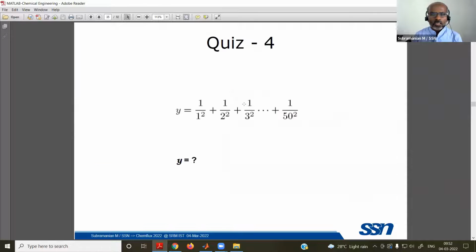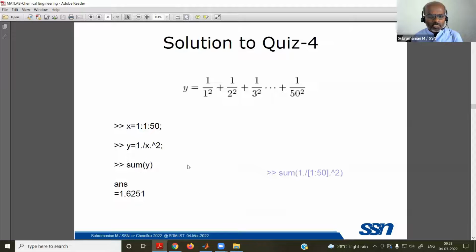For plus and minus, the normal matrix subtraction and addition is enough, because that's what we are doing in matrix operations. Okay, any of you can try this, how to get this y equal to. Of course, you can write a lengthy code making use of a for i loop, but in MATLAB you can get this output in a single line of code. Okay, it may be delaying. If you try to solve it another way, I'll give you this output.